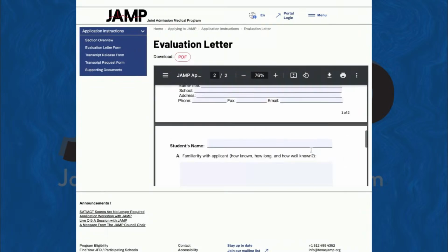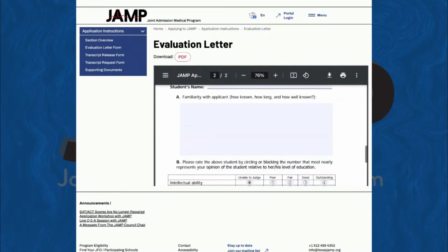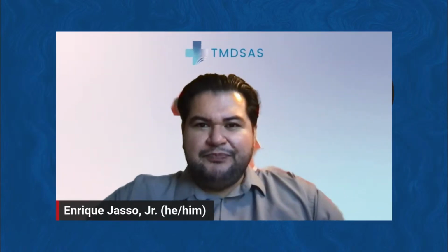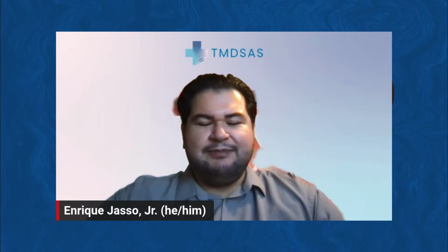And then in the actual evaluation, you can already see the questions that are going to be asked and the Likert scale of how well each person can speak to different abilities. And so again, this is a really important aspect of the application. I think something that a lot of applicants tend to